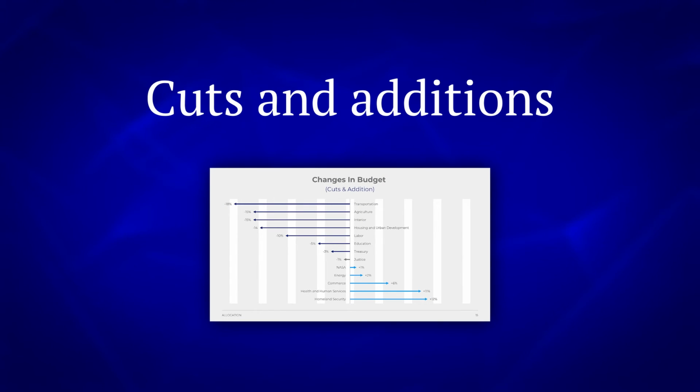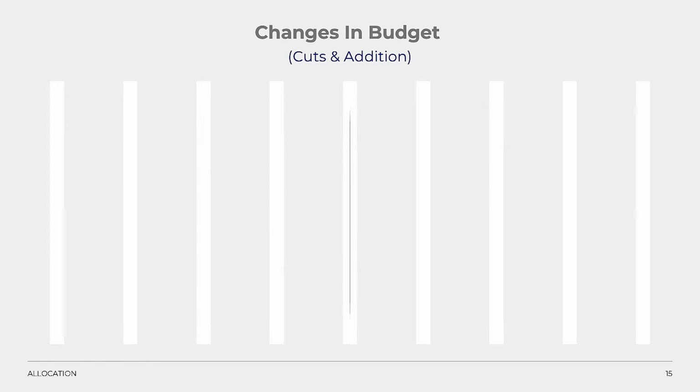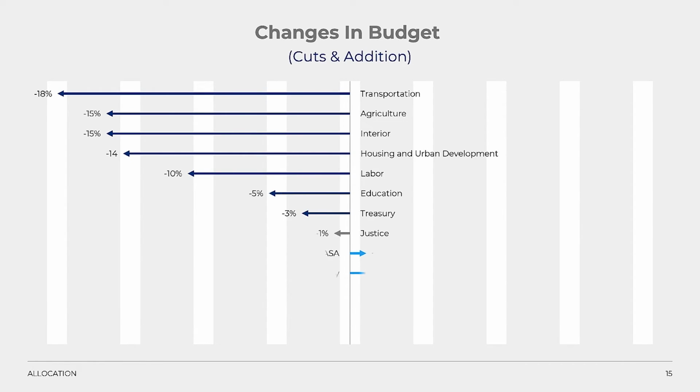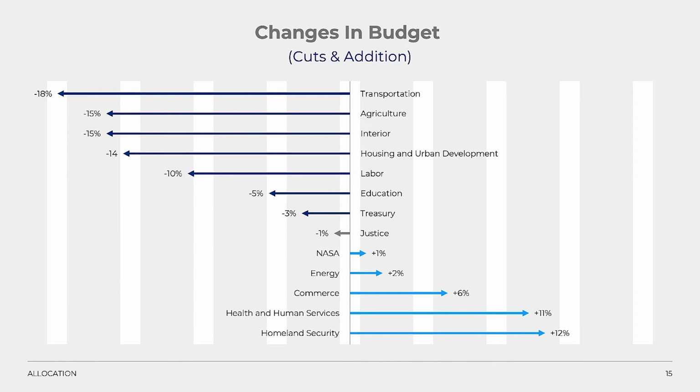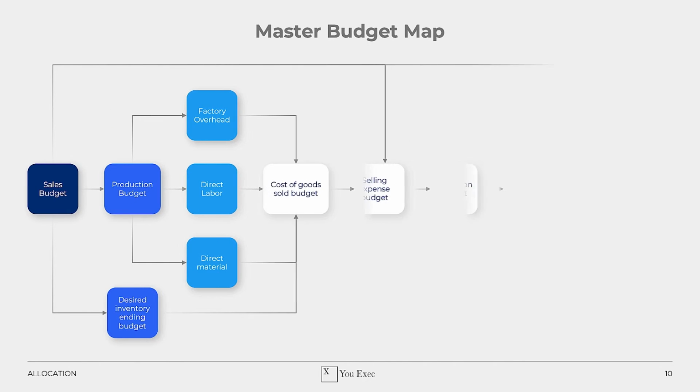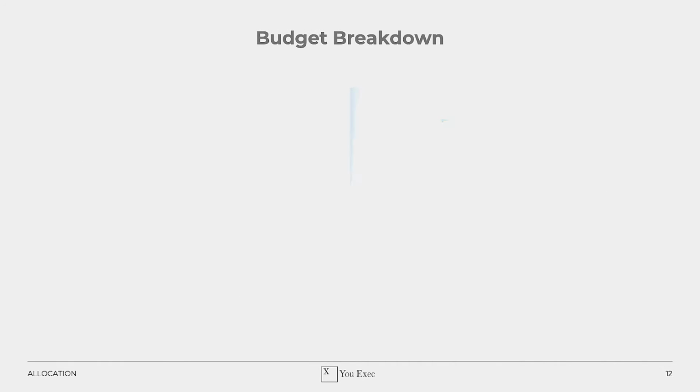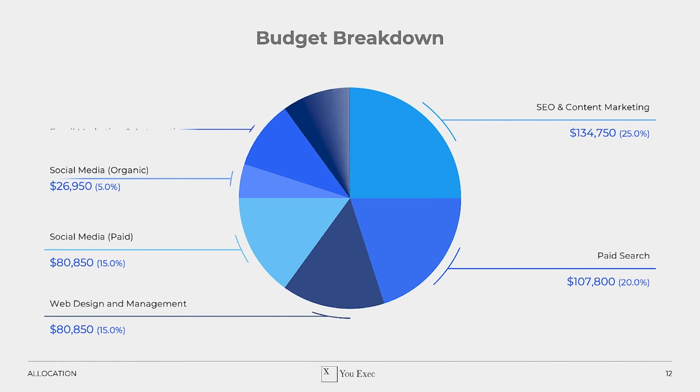Cuts and additions. For any type of budgetary flexibility, one needs to be able to anticipate when to implement strategic shifts while also considering both the broader economic context and the company's current status. As businesses maneuver through cycles of change, it becomes pivotal to respond to significant budget changes. The agility to implement immediate modifications to budget plans is as important as forecasting and planning for long-term economic trends. This dynamic aspect of budget management helps organizations maintain stability during downturns and capitalize on emerging opportunities that present themselves